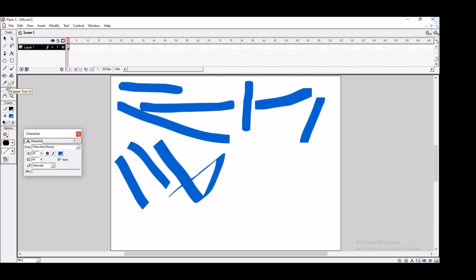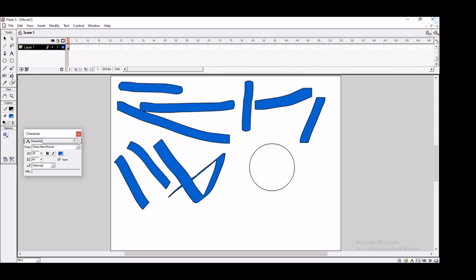And the ink bottle tool would be used to draw outlines for only the brush tool. If you draw anything with the brush tool, you can fill the outline with the help of the ink bottle tool. You just need to click the object. The next is the fill color tool. You might have known about the fill color tool, which you have used in MS Paint. You can just fill in the color inside this.